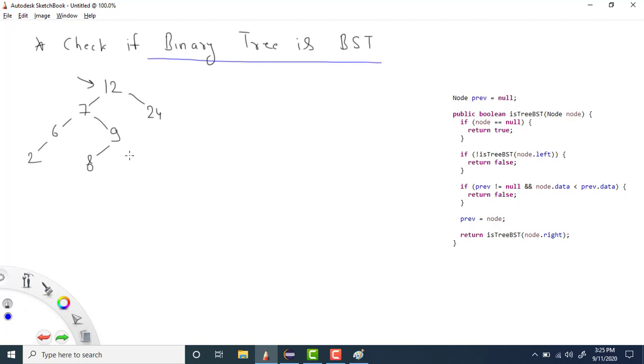Today we'll see an important question in binary tree or BST. Basically, we need to check whether the given binary tree is a BST, or binary search tree, or not, right? For a given tree, it will be a BST when it is following all the properties